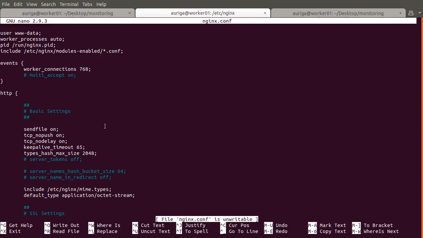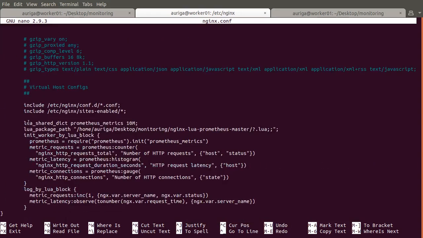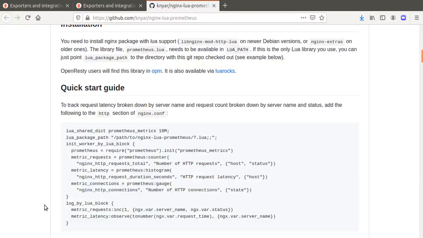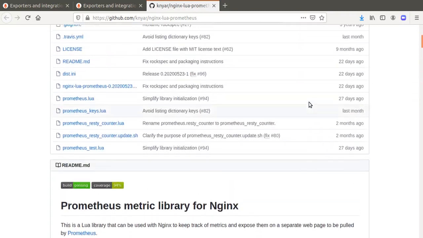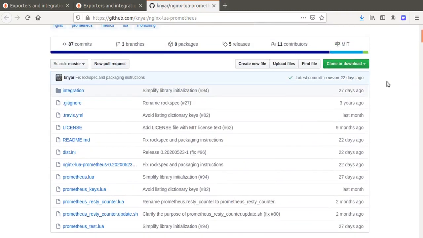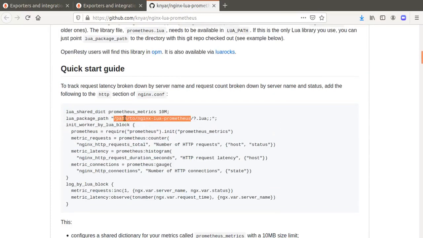So here in the HTTP section, I already added this code snippet. This is the same code, and the documentation says that you have to change the path here, and this is the path of your directory where you extracted this zip file, the zip file you have downloaded. So you have to change the path of your directory here.